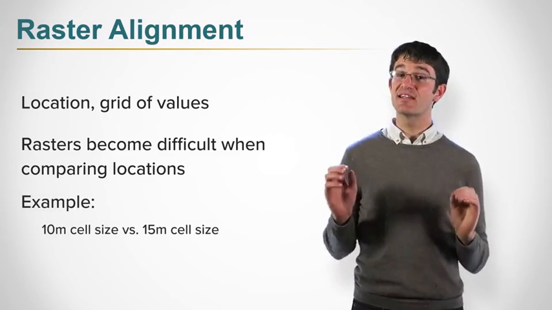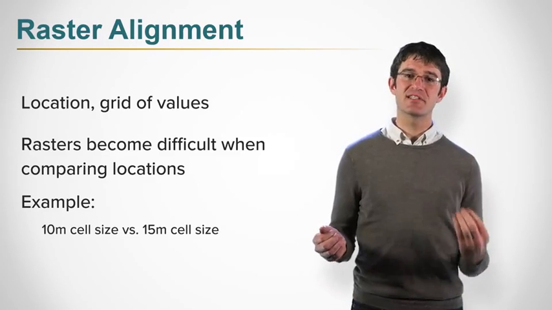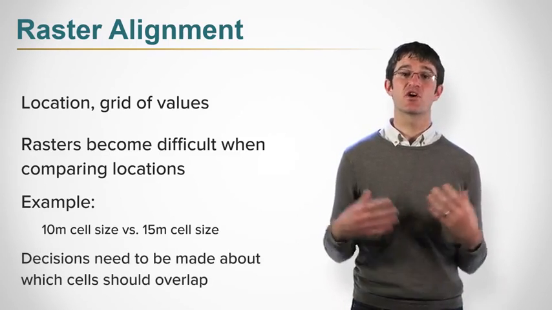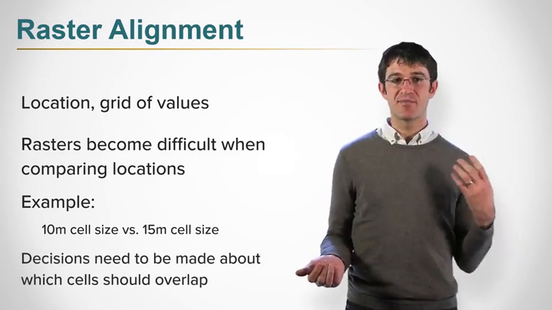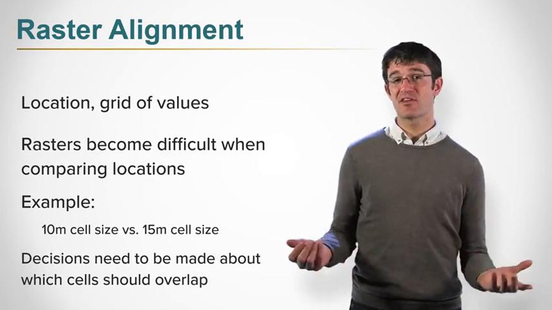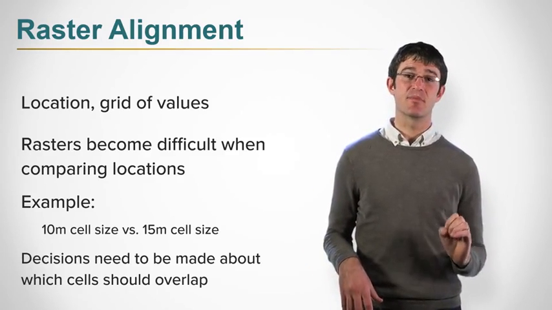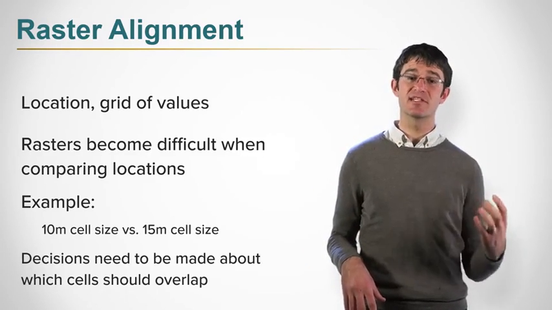Cells could have as many as 9 values from another raster that they touch. Here, we have to make decisions about how to choose which cells overlay each other. Is it by where the center is located, or which one is most dominant, or some other metric? In many cases, ArcGIS assists us in this, but sometimes we have to be aware of the limitations imposed on